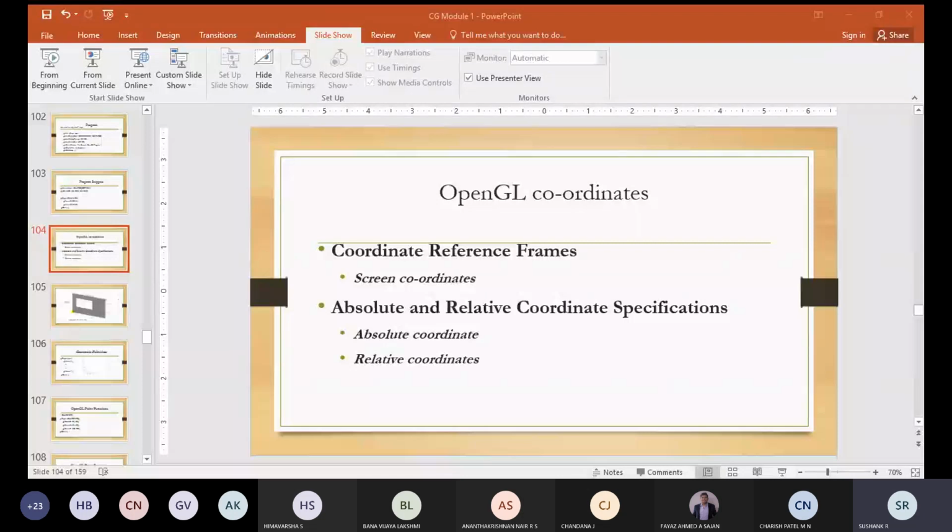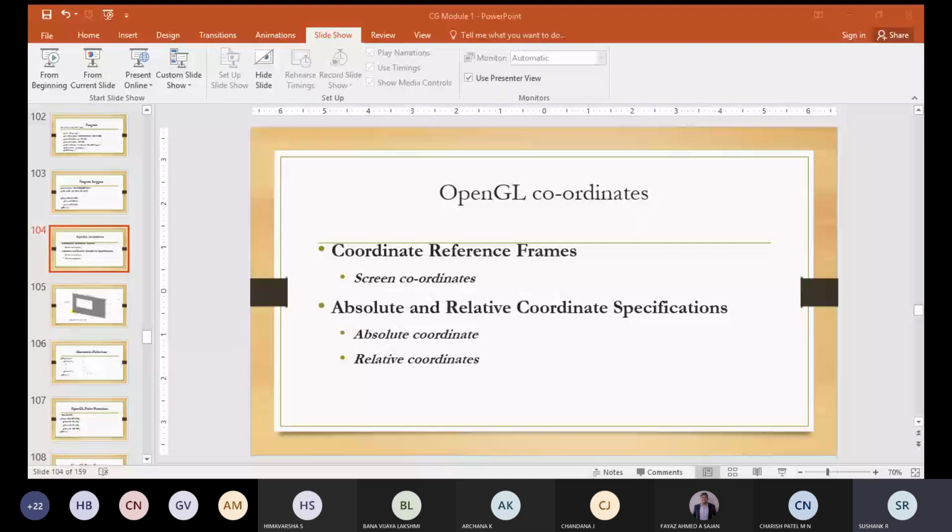So here I'm writing one line: glVertex2i, where 2 indicates two dimensions and i indicates integer, and I'm passing the values 50 comma 100.